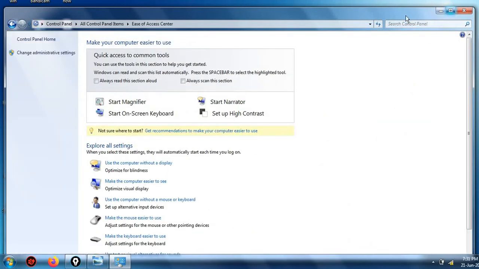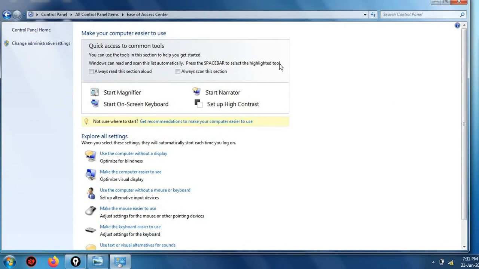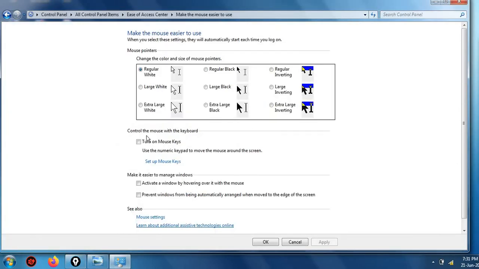Okay, here you can see, suppose my mouse is not working. Make the mouse easier to use. See this option, make the mouse easier to use, right? So I will click on that. Now in this, turn on mouse keys, which controls the mouse with the keyboard.